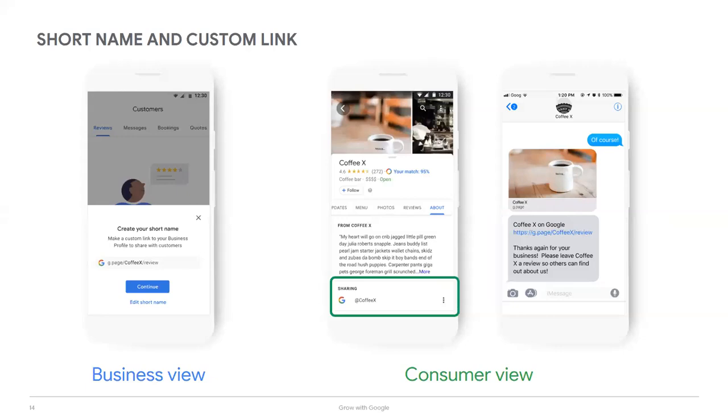If you're a verified business, you can create a short name or a custom name for your business profile to make it easier to share your profile with customers. The benefit of doing this allows you to promote your profile in new ways, both online, for example, requesting a review via social media, and offline, including it on a flyer, helping you create a consistent online